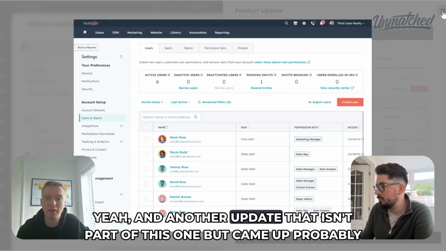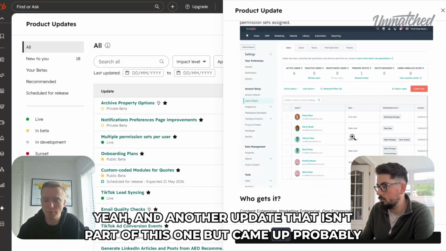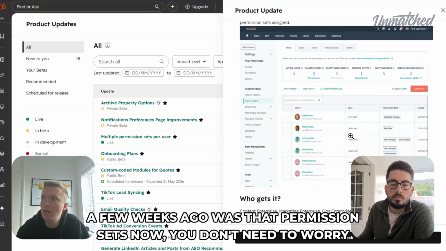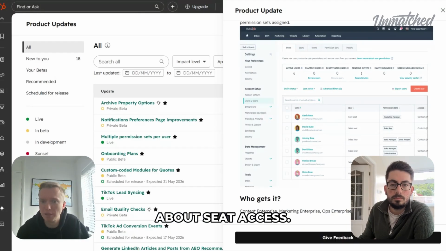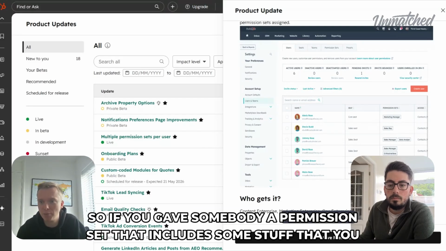Yeah, and another update that isn't part of this one but came out probably a few weeks ago was that with permission sets, you don't need to worry about seat access anymore. So if you gave somebody a permission set that includes some stuff that you need with a